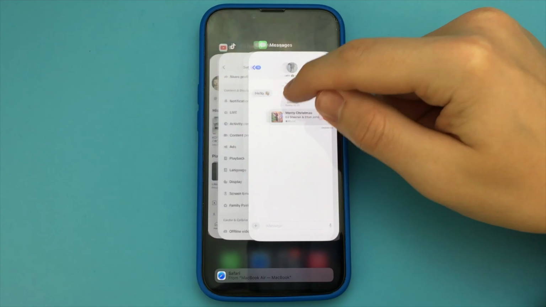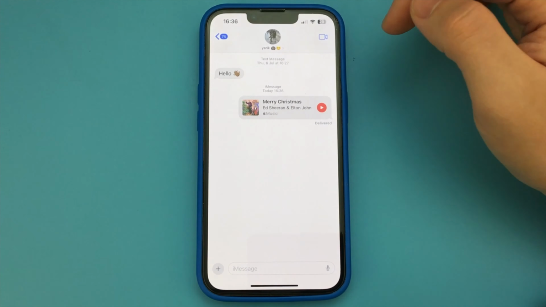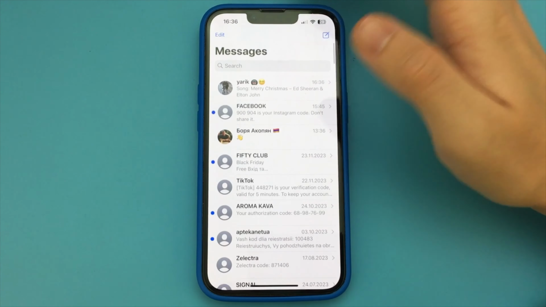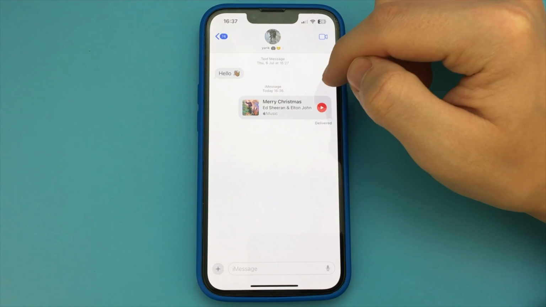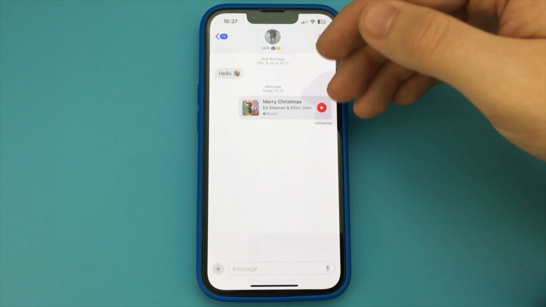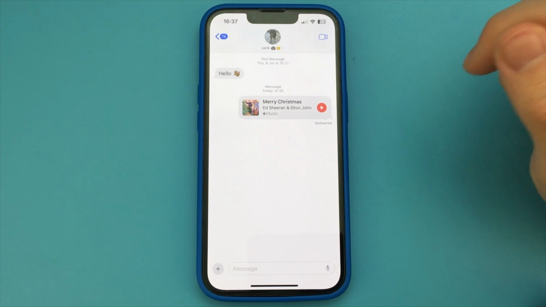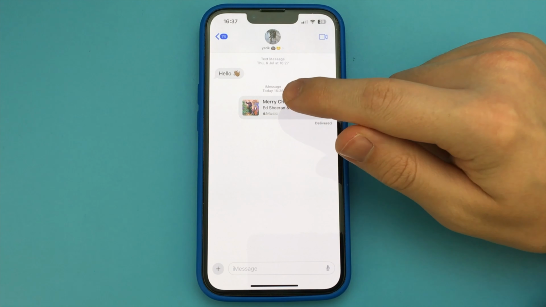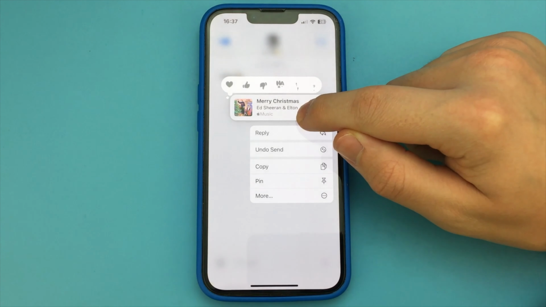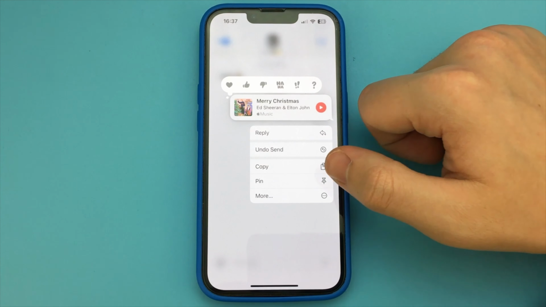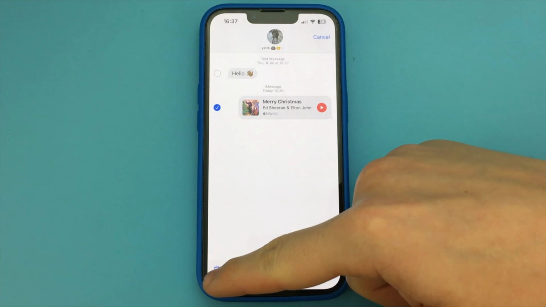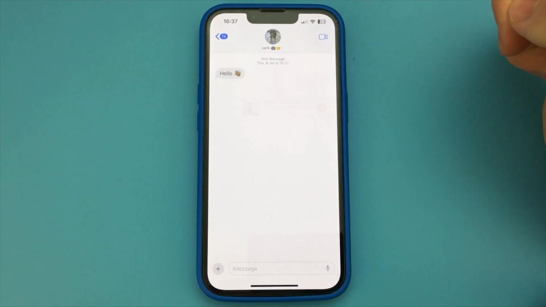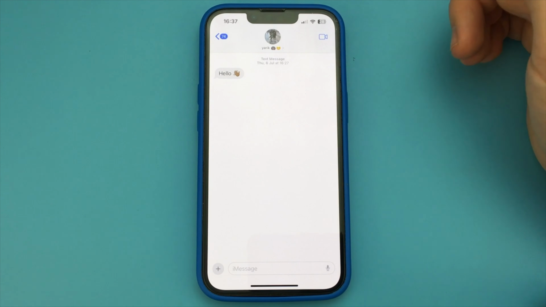Thank you. In this video, I want to show and tell you how to delete a message you sent on your iPhone via iMessage. To do this, you go into the Messages app. Then you open the chat that you want, and you find the message you want. After that, you click on that message, and here you click on the button, More, and select the Delete button. The message is deleted, and also you can delete the whole chat with your contact.